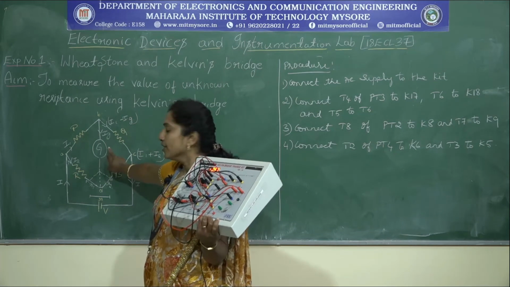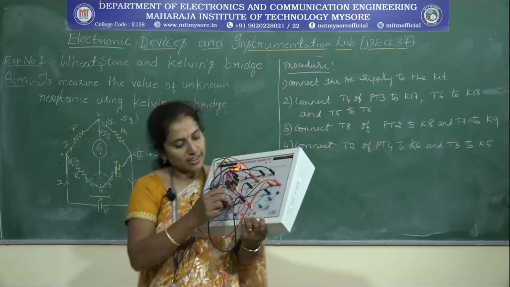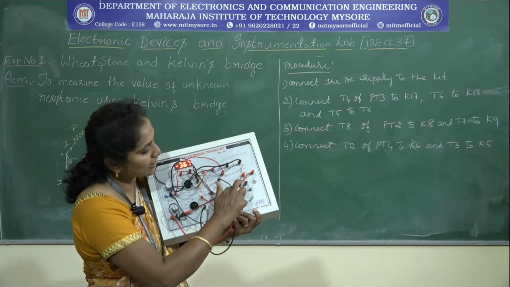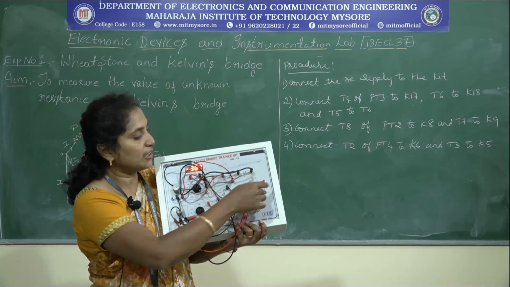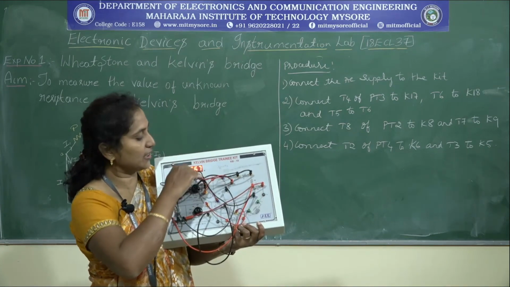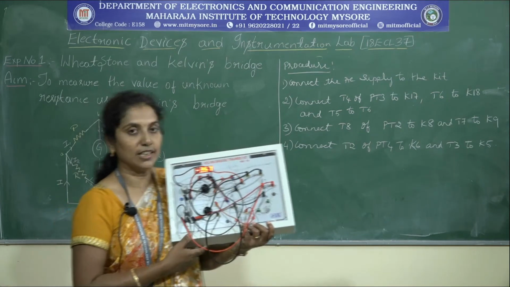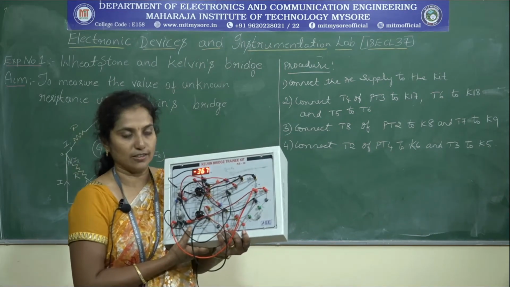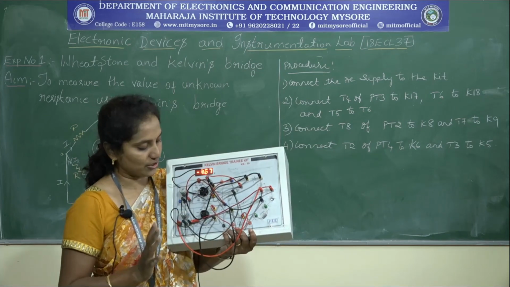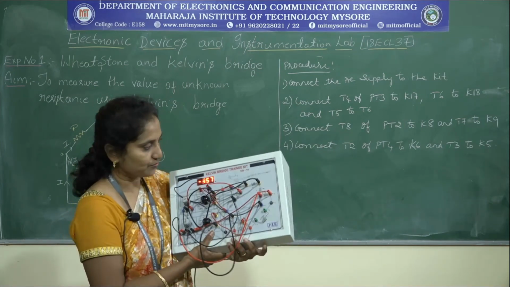So this will be the voltage I have connected here. See, the voltmeter is connected in between, one is plus and one is minus, and that plus you have to connect here. That will show whether it is showing the 0 value or not. The bridge is balanced or not, it is going to show.